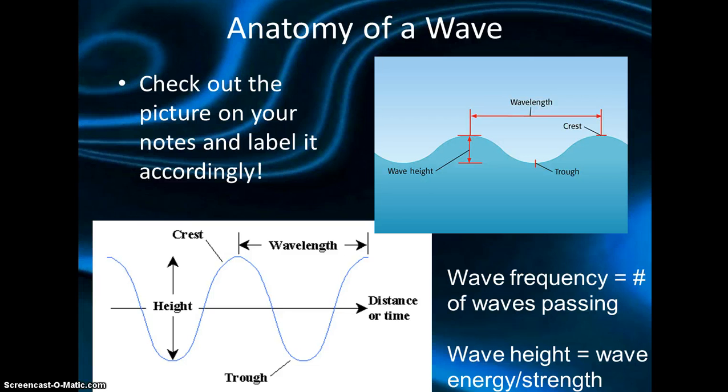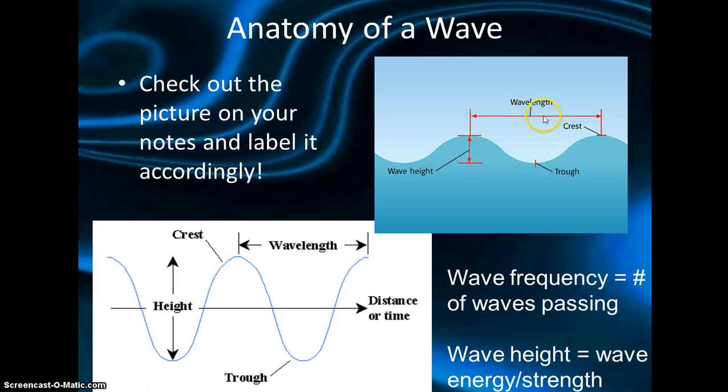Okay, so the anatomy of the wave, that means parts of the wave. So you have this diagram on your notes page. The very, very top of the wave is called the crest, so I'm pointing to it right here. The very bottom part of the wave is the trough. You have the distance from crest to crest, or it could also be the distance from trough to trough, but